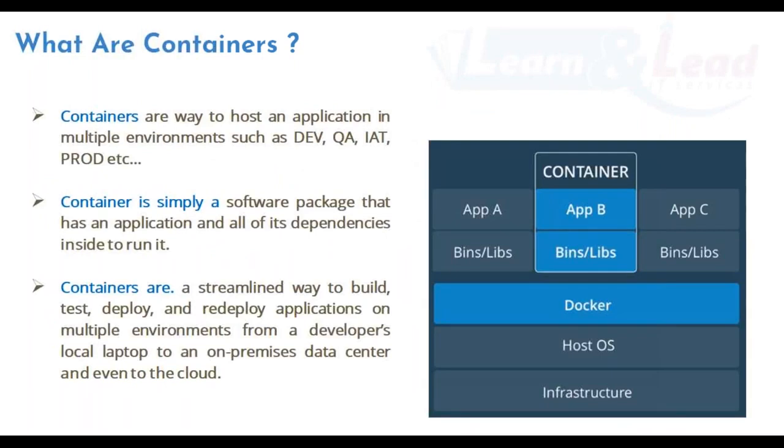If we look at it quickly, that is the reason I said containers are a way to host an application in multiple environments. A container is simply a software package that has an application and all of its dependencies inside to run it. Containers are a streamlined way to build, test, deploy, and redeploy applications on multiple environments.